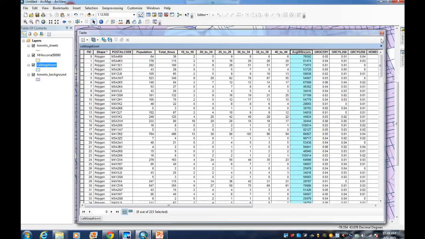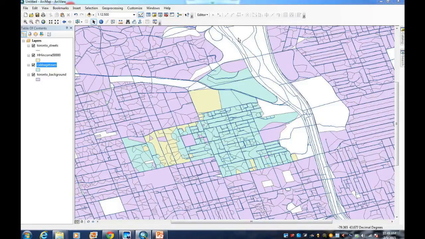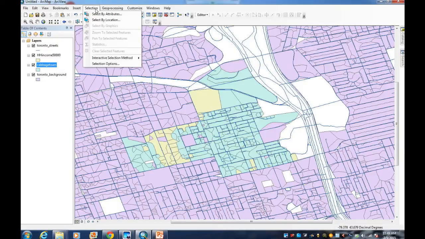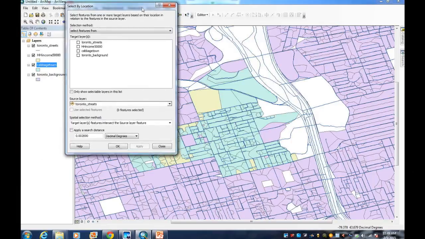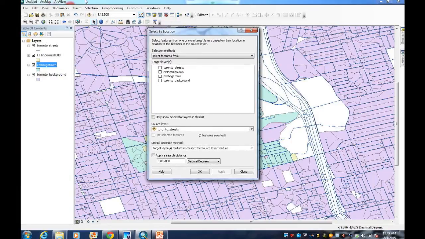So pretty straightforward, right? Okay. So the other way that we can select our data is by location. Remember, whenever you're doing a query by location, you have to choose your target layer. So say I want to choose from our higher household income layer, and I want to know